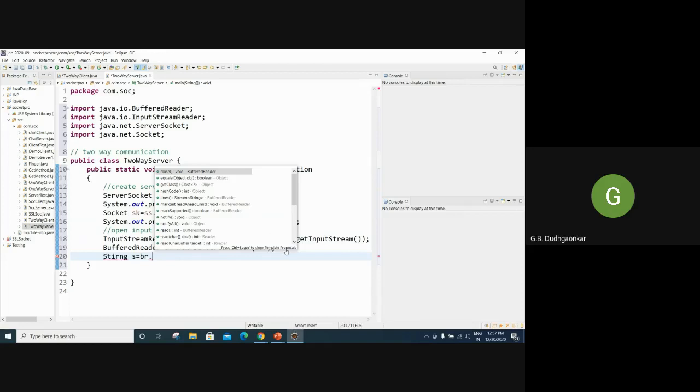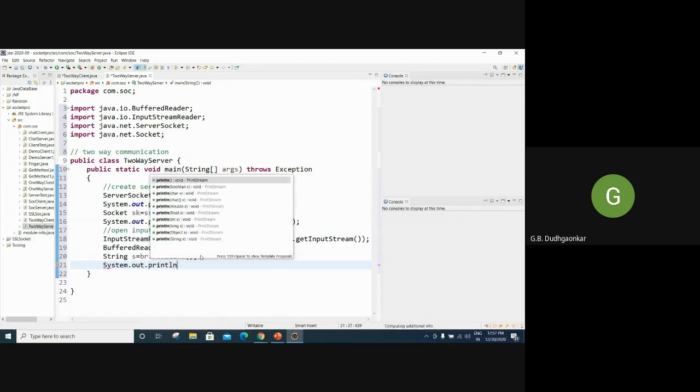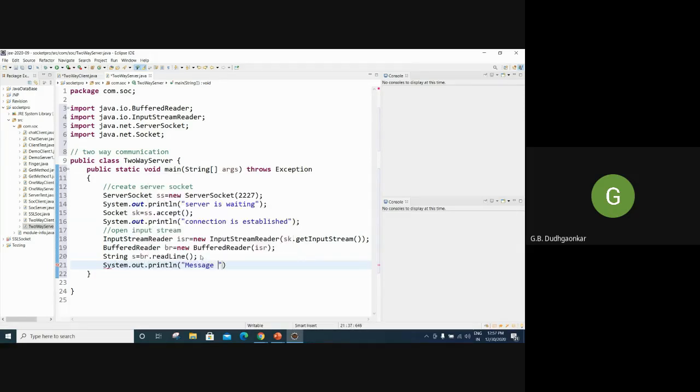So use readLine, then semicolon. String, sorry, the spelling is wrong. After that, flash the message which is coming from the client. So "message is", then use plus and then the variable. So this is the message from the client.